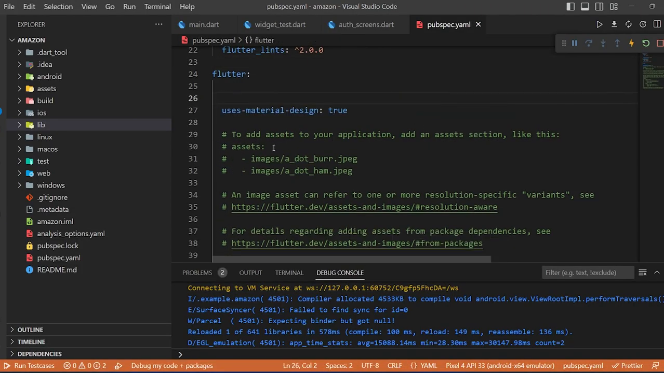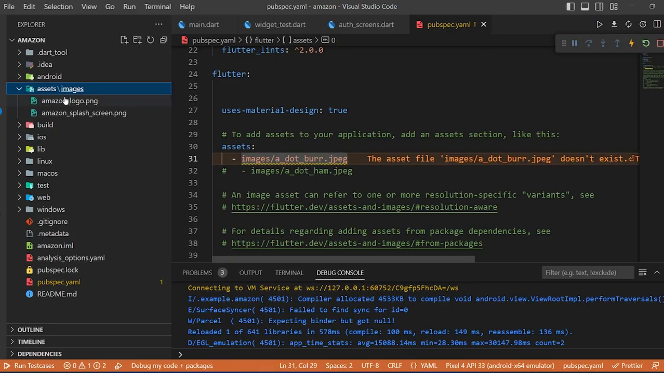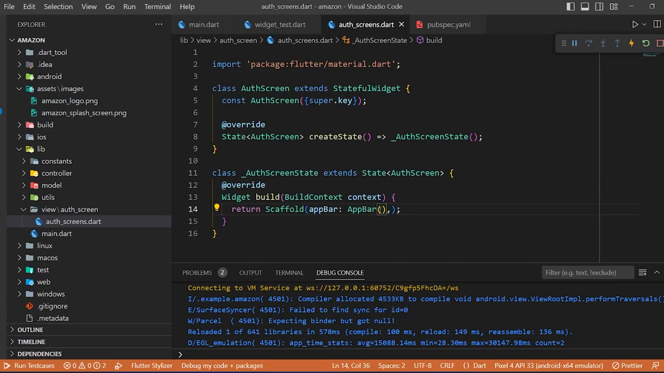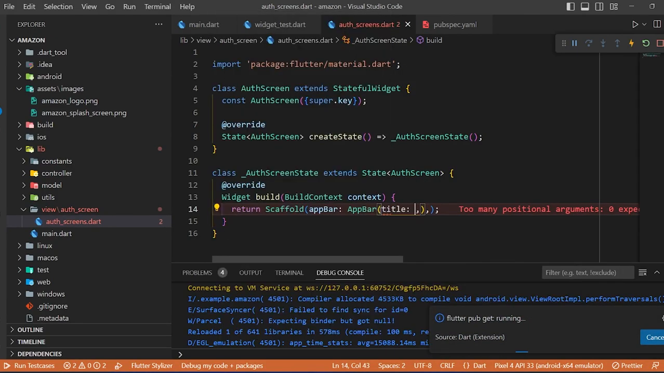Okay, so here you can see that there is an asset. So I will uncomment it and add the images folder. I will write assets slash image, and writing this out, it will give me access to the entire images folder. Okay, so let's move back to the auth screen, and in app bar, title,